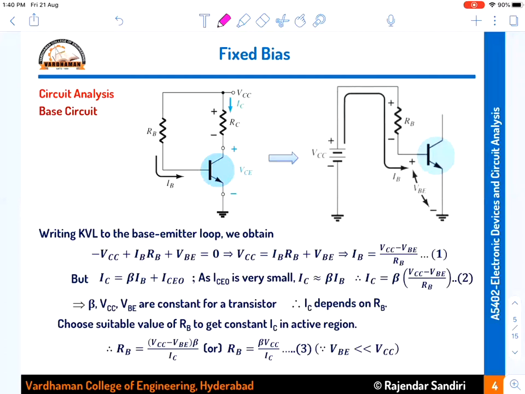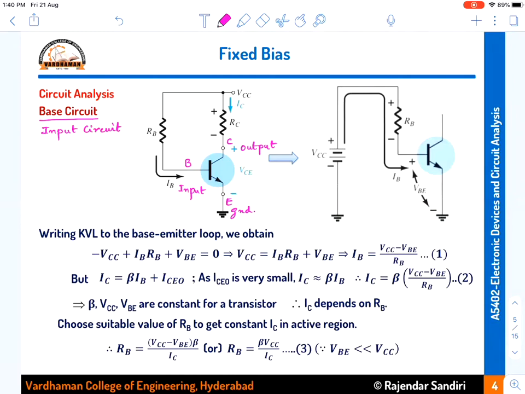Okay, this circuit, now we have to consider as two parts. One is the input circuit, the other one is the output circuit. So you know already, the emitter is ground, the base is input, and the collector, here it is the collector, is output. So now I have to divide this entire circuit into two parts. First one is the input circuit, the second one is the output circuit. Here the input circuit can also be called the base circuit because the input is the base. So this base circuit is also called the input circuit.